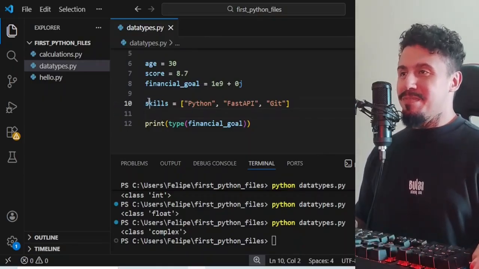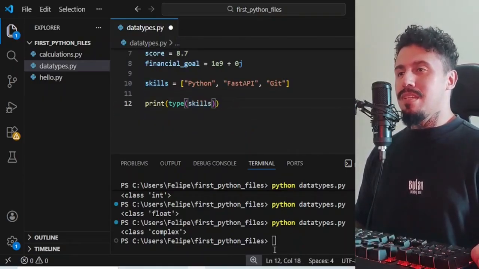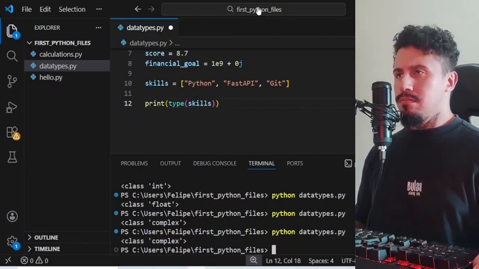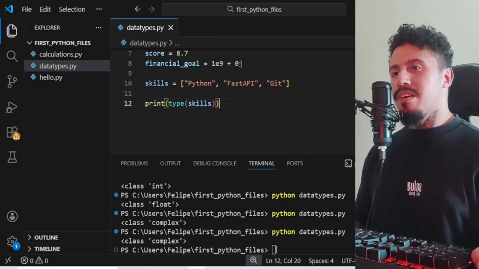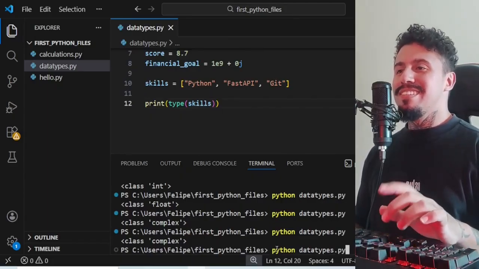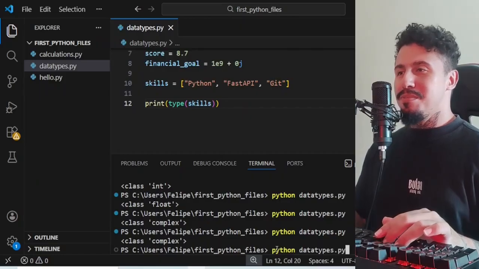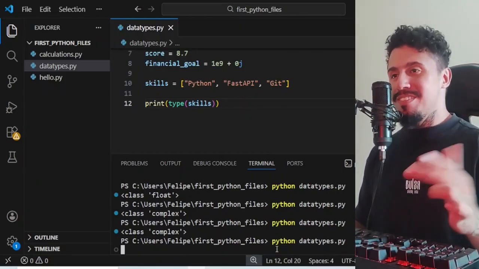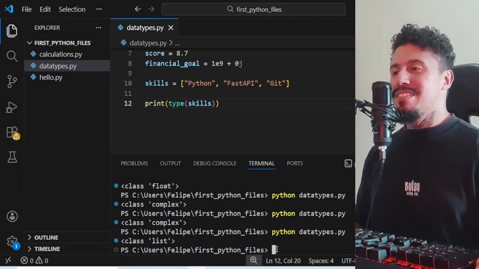So let's get this data type and see. Let me save this file, right? Because if I don't, it's going to print complex, getting the previous data. So now we have a list, right?